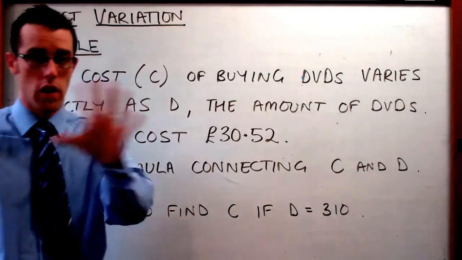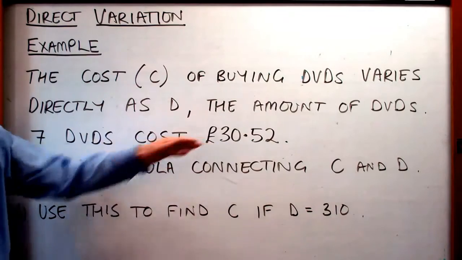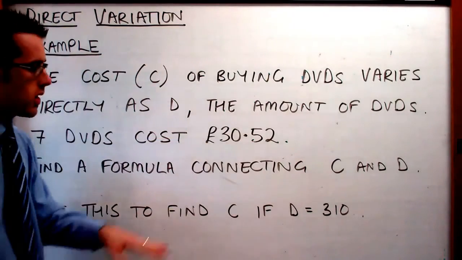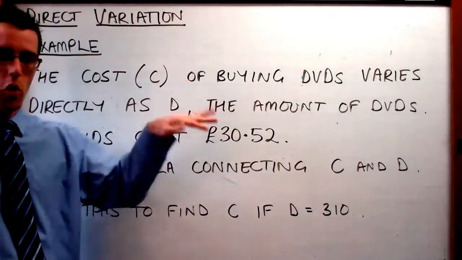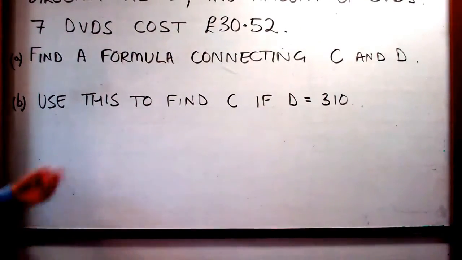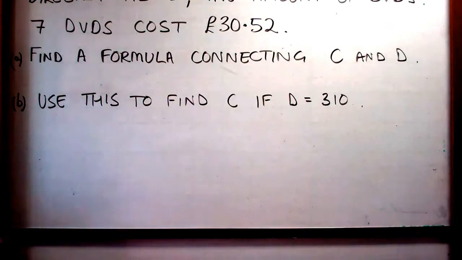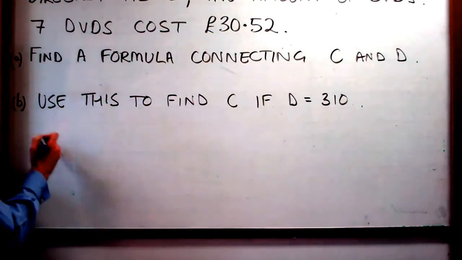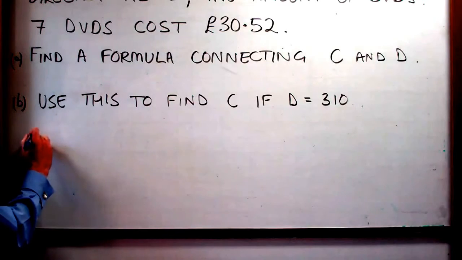So first thing I want you to do, guys, make sure you get this copied down, okay? Because I'm going to have to roll the board up to do the working on it, alright? So just make sure you get that copied down first, so pause it. Okay, so the first question says, find a formula connecting C and D. Alright, so the solution for part A